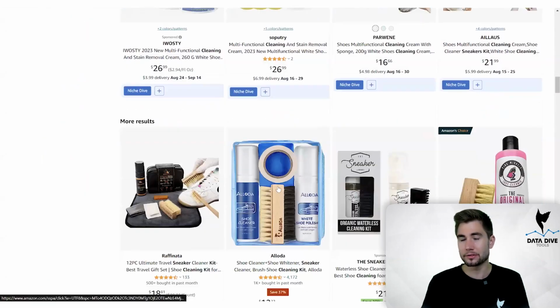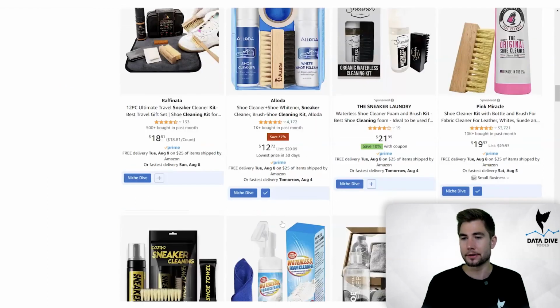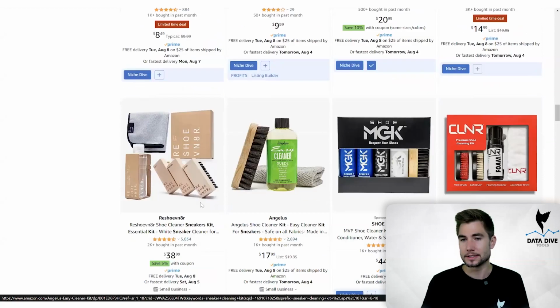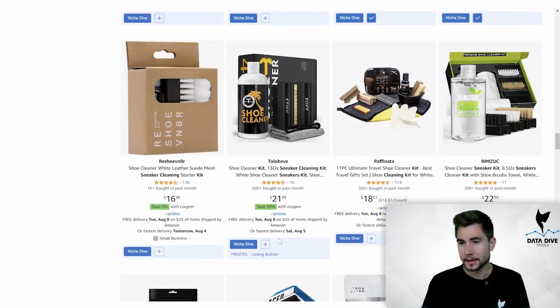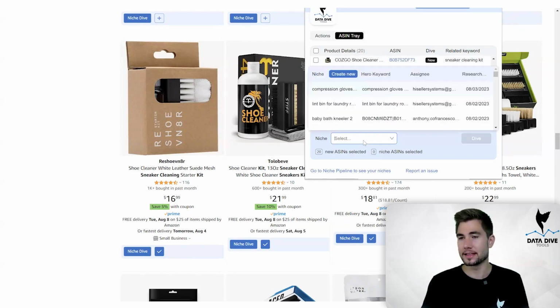These are sponsored products, so you don't want to include any sponsored results. You really just want to try to get the top performing organic competitors. That's going to give me the best data to work with. So all of these look good. All right, so I think I've got at least 15 so far. And so now that I've added those to my tray, I can just click on the Data Dive extension. And then you can see here, I've got 20 products. I could keep going. You can add 30 plus into your dives. But for the purpose of this demo, I think that's enough.